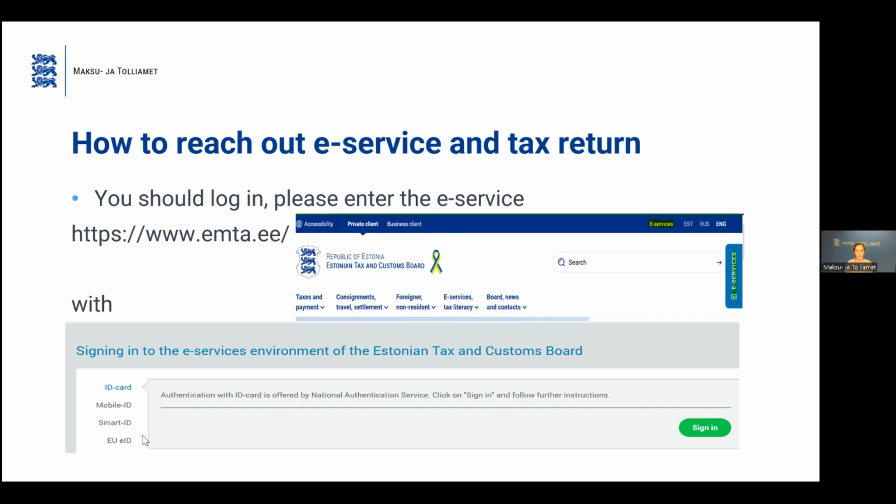But when you do not have such an opportunity, it is also possible to apply for a pre-filled tax return. You shall contact our service bureaus and ask for it, so that you receive a pre-filled tax return where you can just fill in on paper the information which is needed, sign it and send it back.